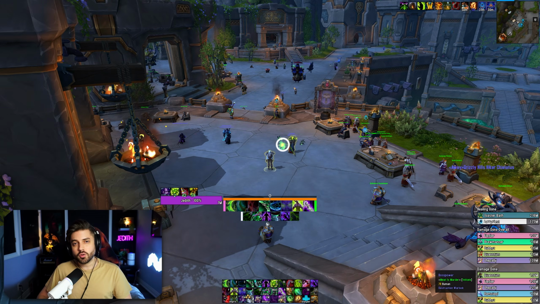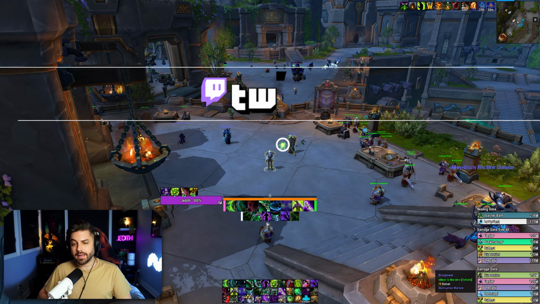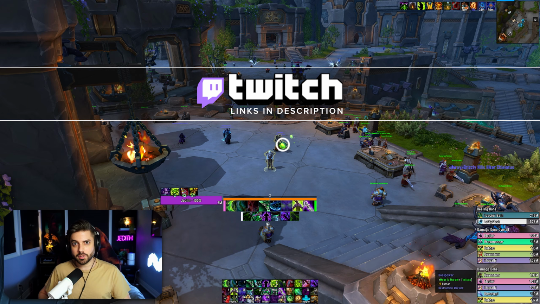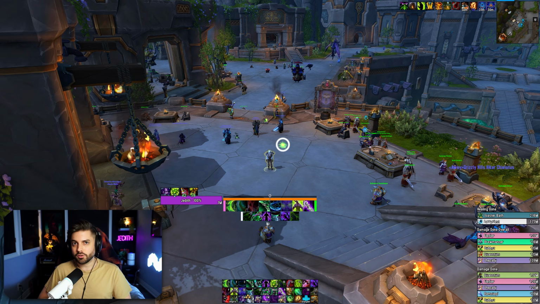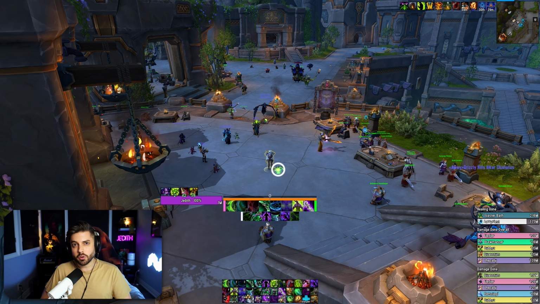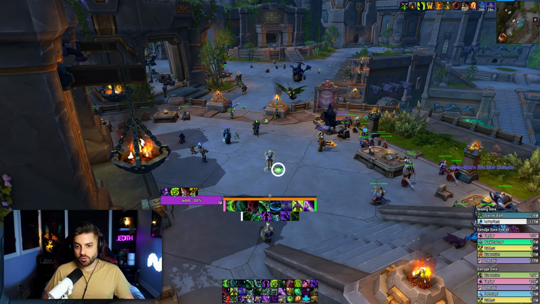So I swapped to Quazii's UI in the weeks leading up to The War Within, and while it was a little bit of an adjustment, because honestly I'm a stubborn creature of habit, I do not regret it one bit. I am so glad that I swapped to this UI. You might have seen my video earlier this year when I spoke about switching to this UI, but there have